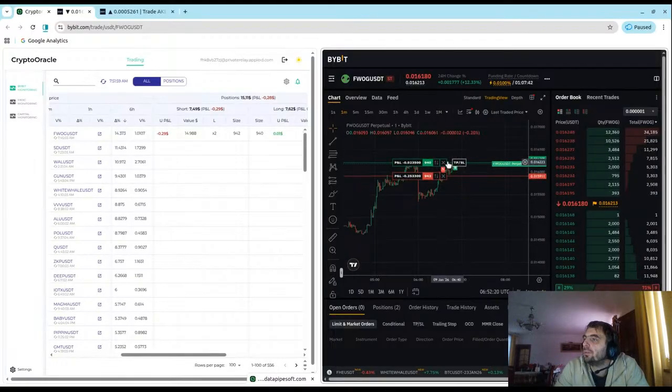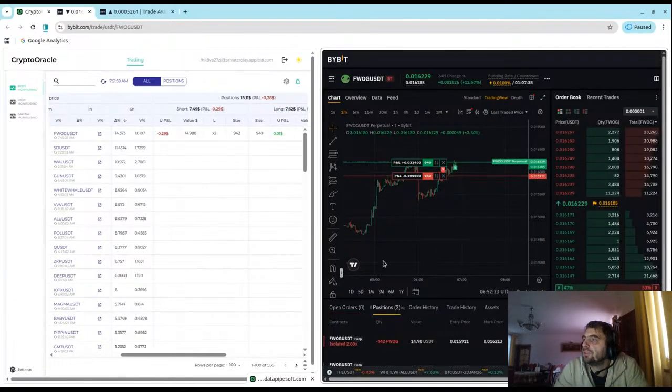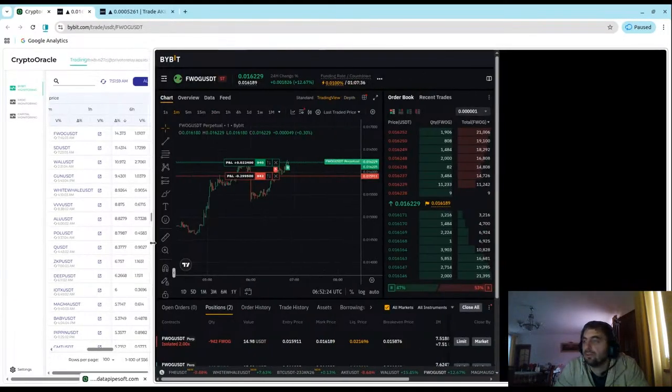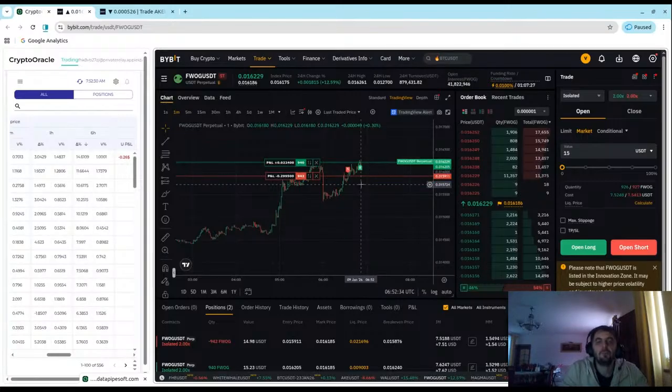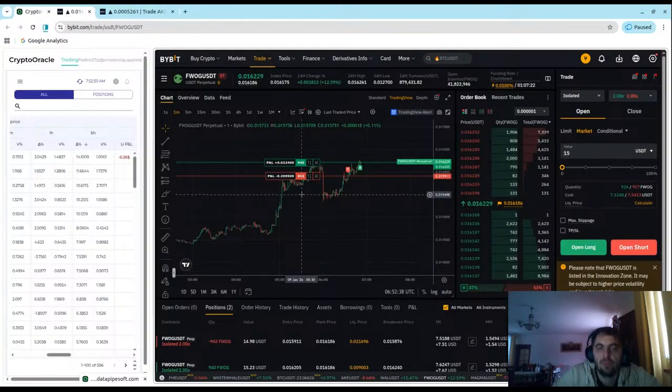So now I set up a hedge, 100% hedge. So what does it mean for us now? Let's say the stop loss was here, then it would be a loss of 2%. For our 15 bags, it would be a loss.